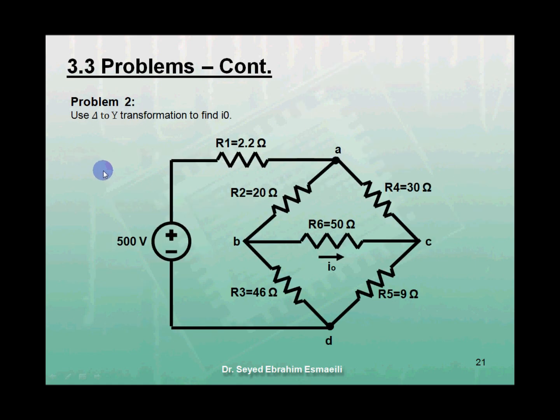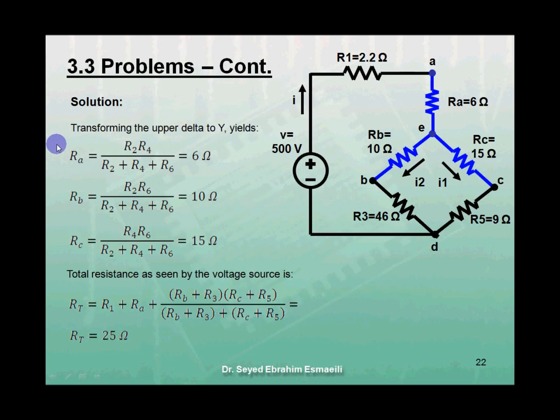In problem 2, we need to use the delta-to-Y transformation in order to find I0. Transforming the upper delta to Y yields RA equals R2 times R4 over R2 plus R4 plus R6 equals 6 ohms. RB equals R2 times R6 over R2 plus R4 plus R6 equals 10 ohms. And RC equals R4 times R6 over R2 plus R4 plus R6 equals 15 ohms,